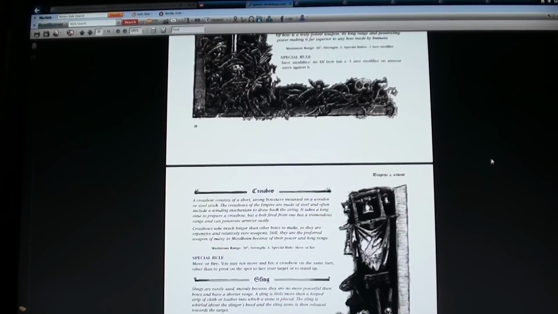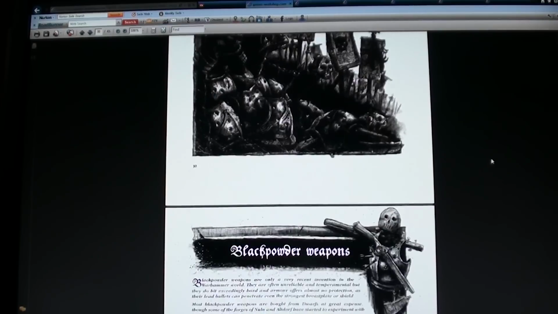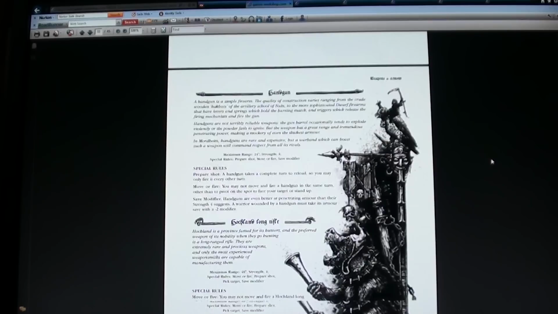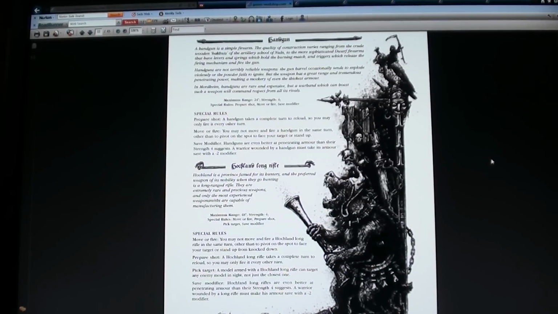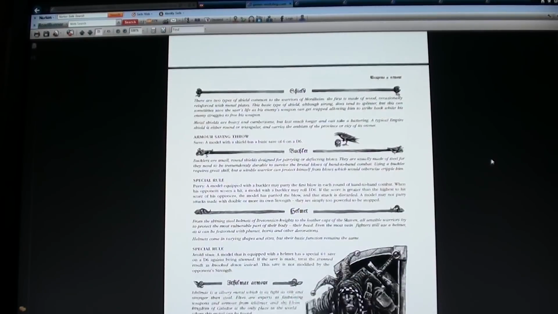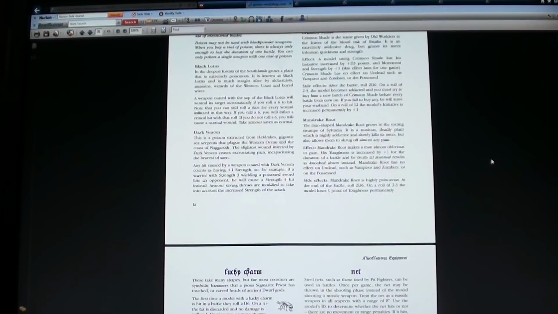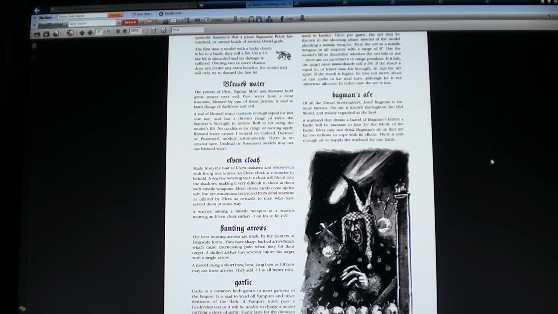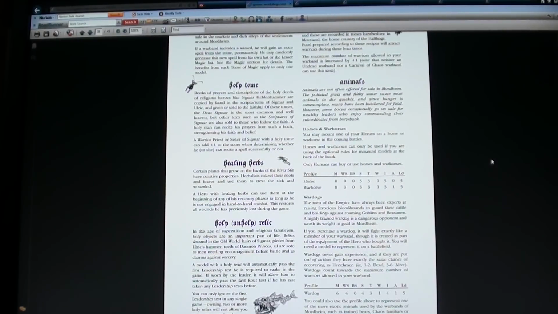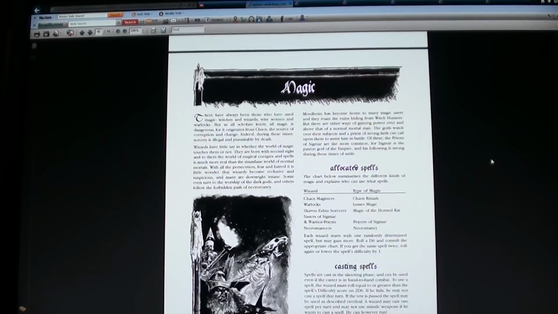You have your bow type, crossbow type, slings, throwing daggers. Then you have black powder weapons, pistols, dueling pistols, blunderbusses, handguns, the Hochland long rifle. Then you have your light, heavy armor, shields, bucklers, helmets. Then you have miscellaneous equipment, poisons, and drugs that you can get and use. Lucky charms, nets, Bugman's ale, elven cloaks, halfling cookbook. You can get animals, horses and dogs, lanterns, maps. Then you have magic,